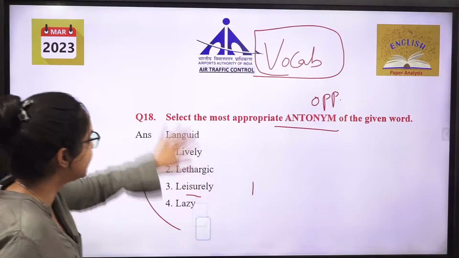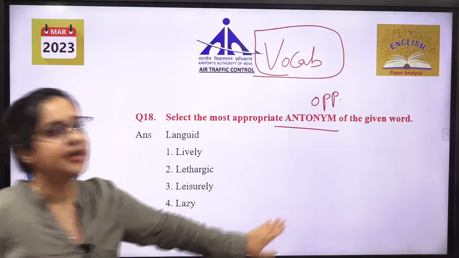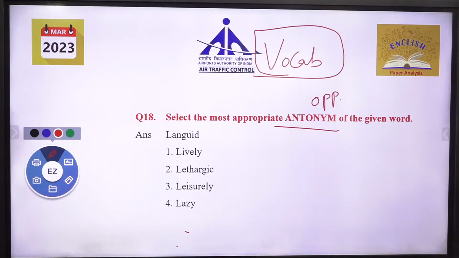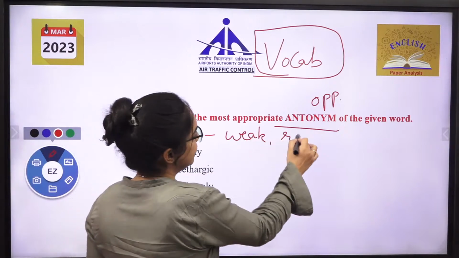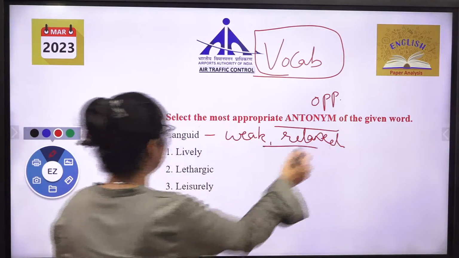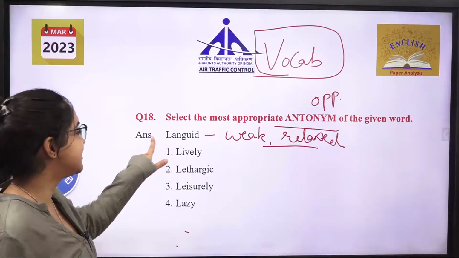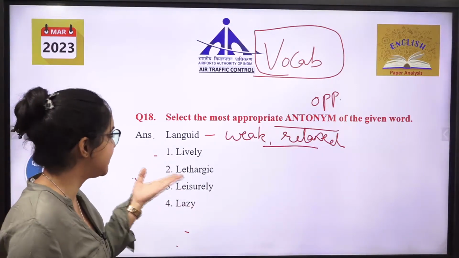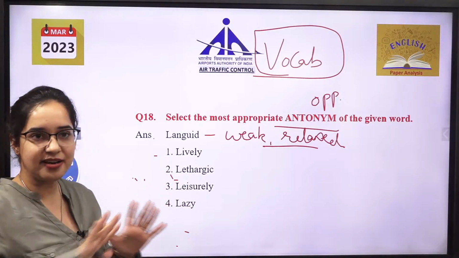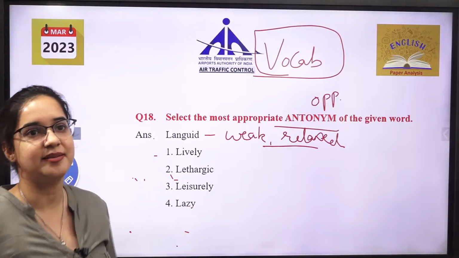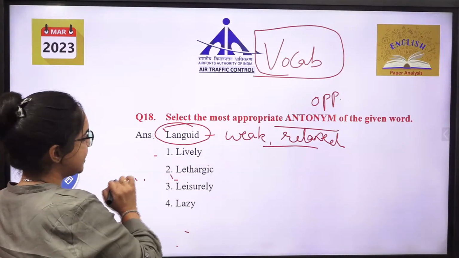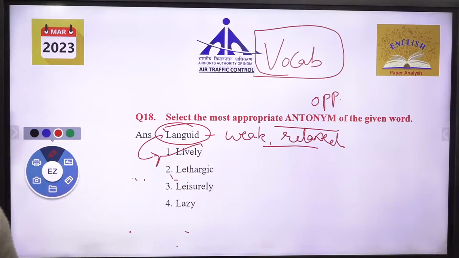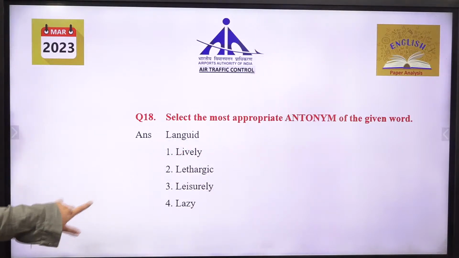Languid, languid क्या होता है, what is languid, languid का मीनिंग बता दो भाई, something that is very weak, very relaxed, in the comfort zone. ठीक है, relaxed होना, free होना, तुम सबको पसंद है, right? So that is this. Lively comes as a very energetic person. Lethargic बहुत lazy है. Languid in a free time. Lazy again, something like that. Okay. So this comes as your languid comes opposite क्या आ गया इसका, lively. Great. Whosoever answered right.